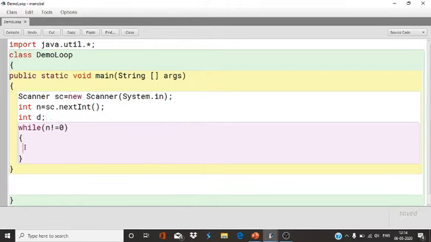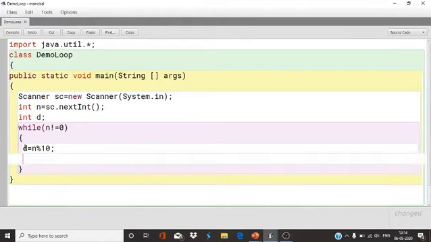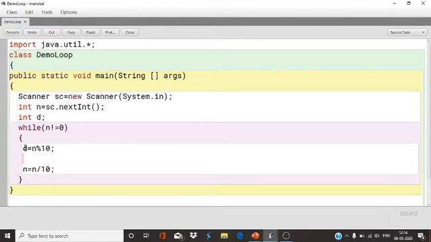Now d equals n modulo 10, so the remainder will be that particular value, and n equals n divided by 10. After finding the remainder, I will print it using System.out.println, printing this d.